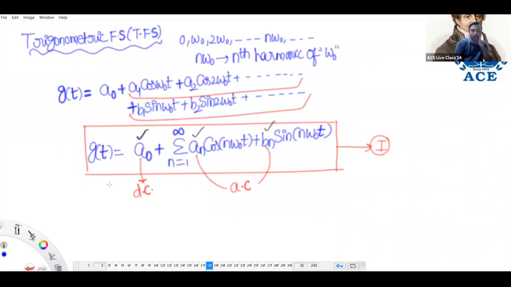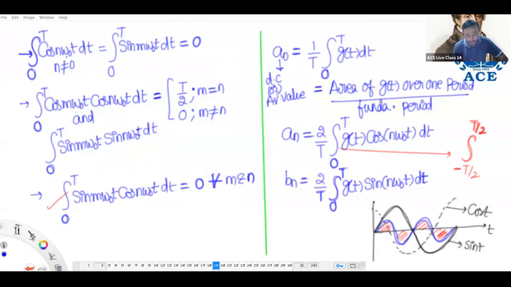All three coefficients are defined. Whatever the periodic function we have chosen, if it is not satisfying any symmetry, then all three coefficients are defined. We cannot draw the shape of the spectrum easily, because if it has A naught, A n, B n, which term will you take as reference to draw the shape? Cos term or sin term? If you say cos, I will say sin. That chance is there. For that reason, to draw the shape of the spectrum,